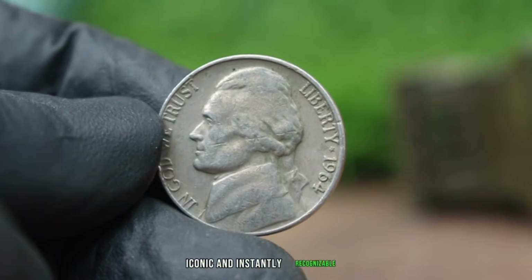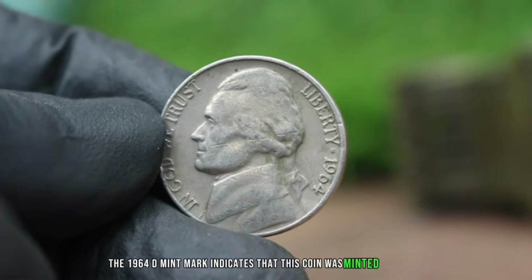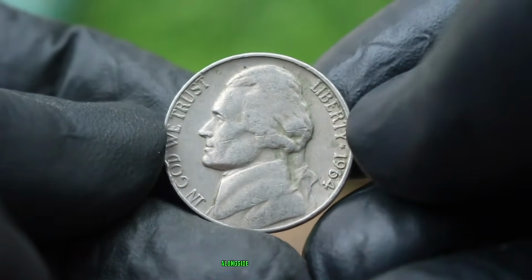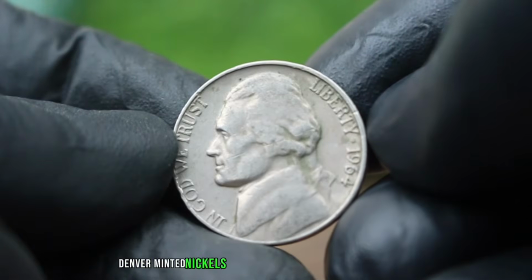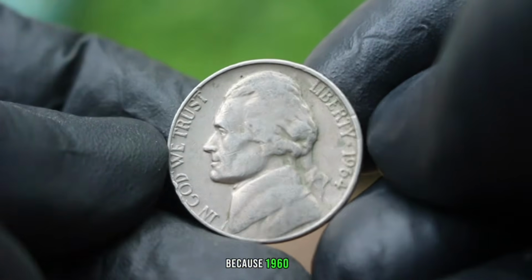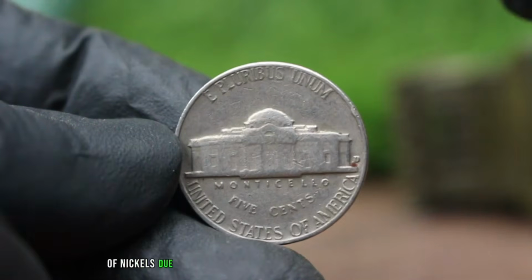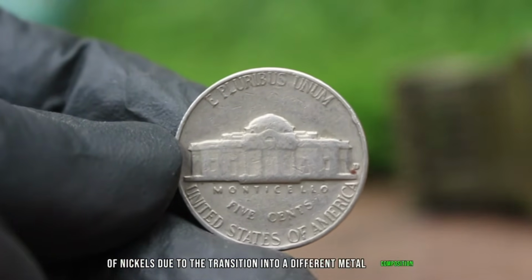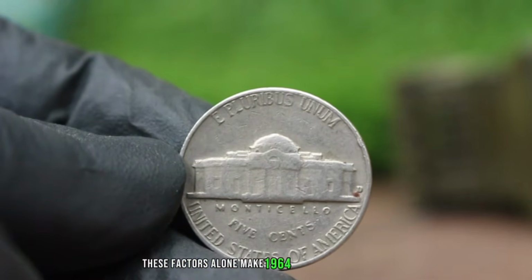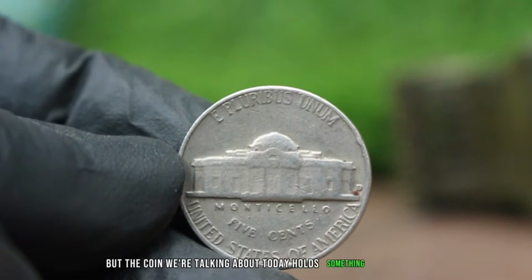and instantly recognizable. The 1964 D mint mark indicates that this coin was minted in Denver, one of the 2 primary mints producing nickels at the time, alongside Philadelphia. Denver minted nickels from 1964 are particularly interesting because 1964 was the last year before the U.S. Mint ceased regular production of nickels due to the transition into a different metal composition in the following years. These factors alone make 1964 nickels sought after, but the coin we're talking about today holds something much rarer: a